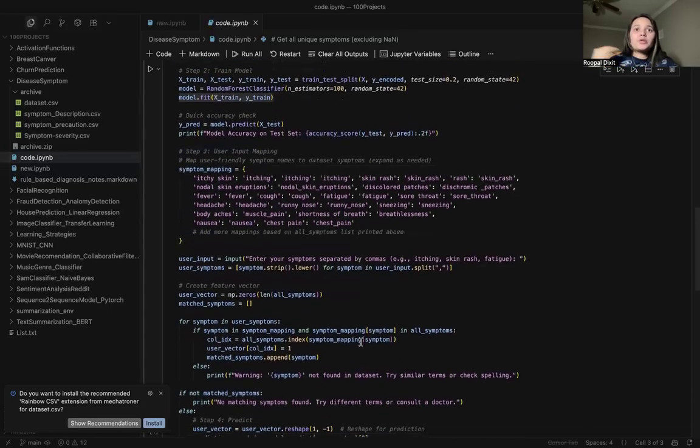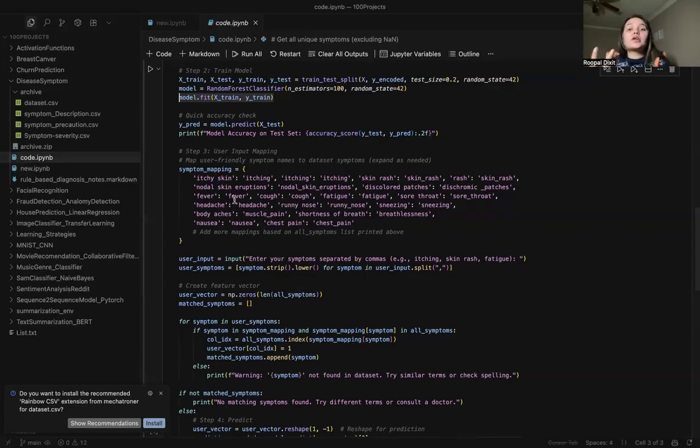If you are going to use an application, maybe you said itchy skin, but the end user might write itching, right? So you have to handle that. Like nodal skin eruptions: if it is typed without the spaces, it should still map to how the model has been trained, what kind of data it is trained on.